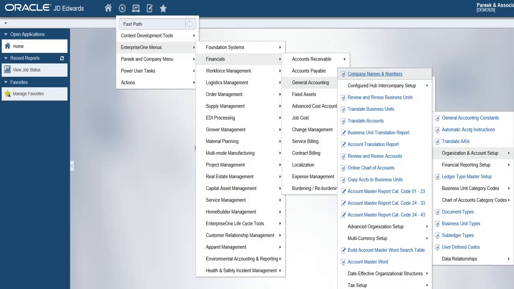Remember, you must have at least one object account in the business unit. Select the first record from the grid that displays object account 1000. Then click the Row Exit button. From the drop-down menu, click on the Account by BU menu. This will open the Revise Accounts by Business Unit form.